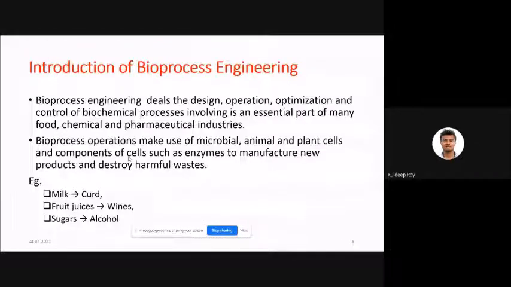Now, let me give a very brief glimpse of bioprocess engineering, because this subject is very interesting. If you learn this fundamental thing, definitely you can apply it everywhere, because this course is very fundamental. First of all, why are we studying such a subject? I think you are from the biotechnology department. So why do we need bioprocess engineering? First, this question comes into the picture.